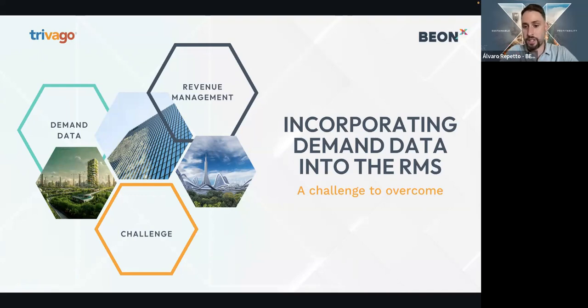Then, even though we have that system, we will probably have a lack of expertise, which means that you have the system, but no one in the hotel has the knowledge of reading this information and taking action based on that data. So once again, the solution will be to find someone with expertise. Even if we train someone from the hotel, with a revenue management course or master, or we can even try to hire someone.